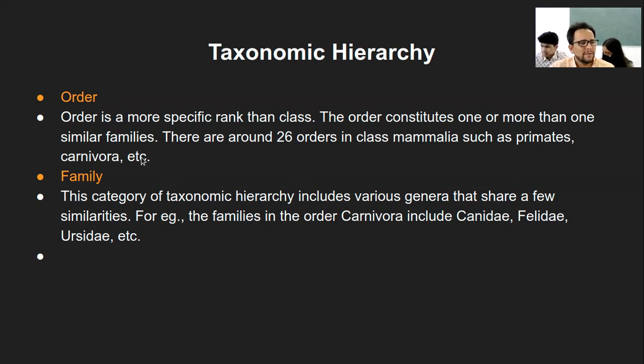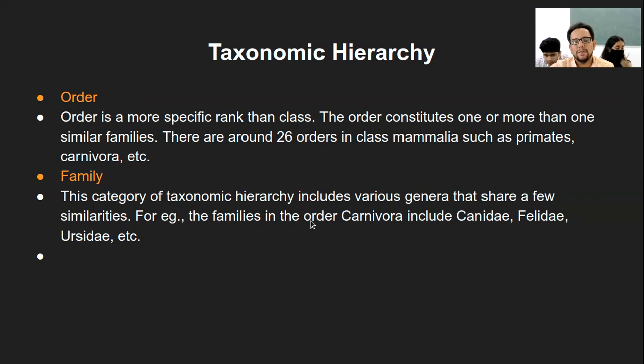Canidae is the family actually, but all the lions, tigers, all these are in the carnivora order because they are carnivorous animals. So these are 2 orders, and the families again are the sub